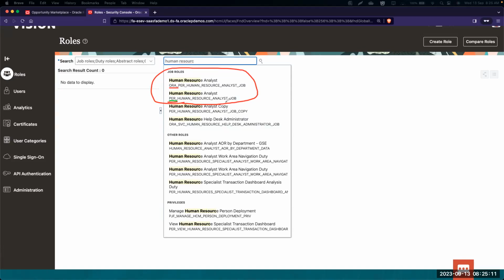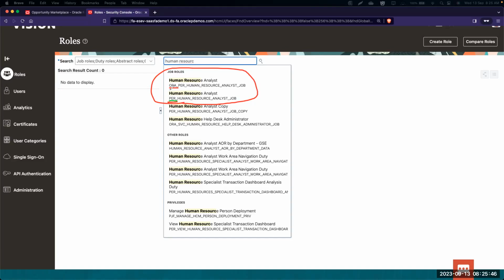Has anyone heard of these terms R12, R13 in any places, team? Yes, Ravi, I heard it in EBS, those are release versions, release 12, release 13. Yes, similarly in Fusion we also have release versions. Any roles which start with PER are like release 12 versions, R12. And then back in 2018 or 19 we had release 13.